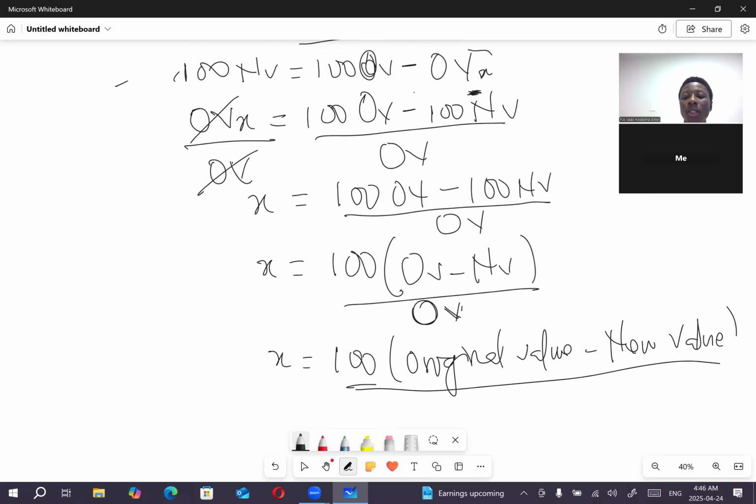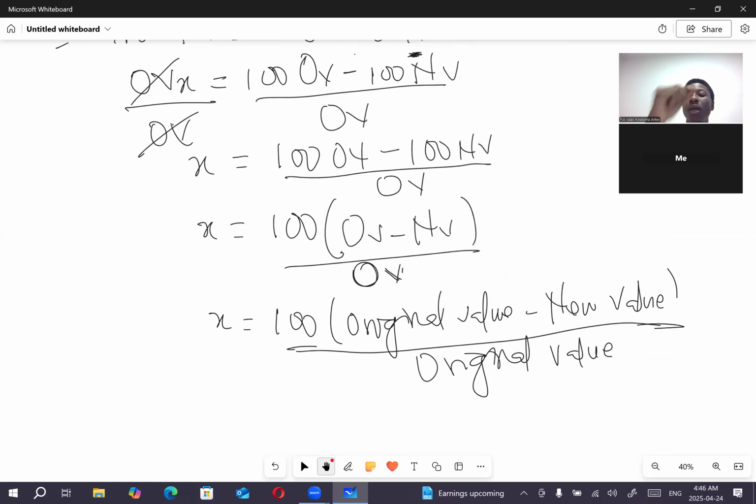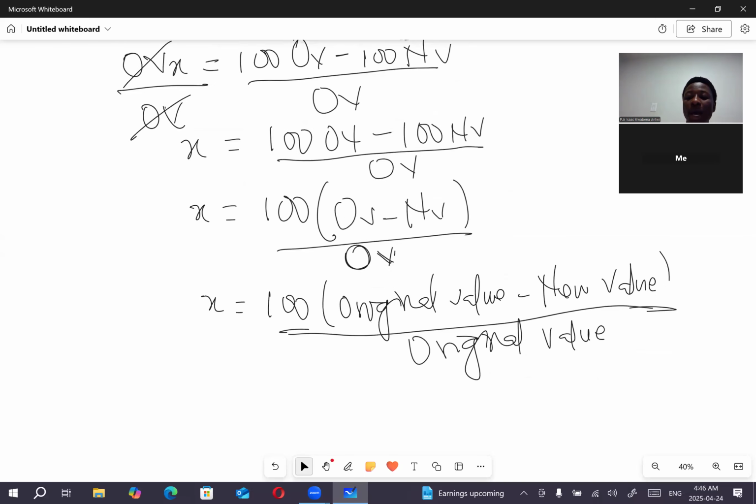All over original value. Yesterday I was seeing something like this one. I was seeing something like this if you are following. So in the formulas we are having,